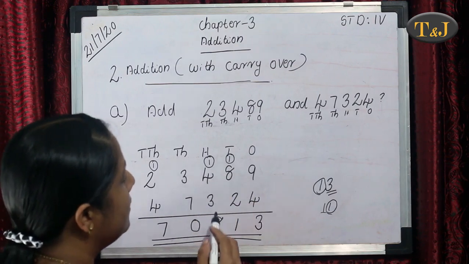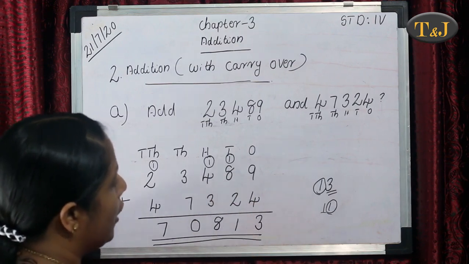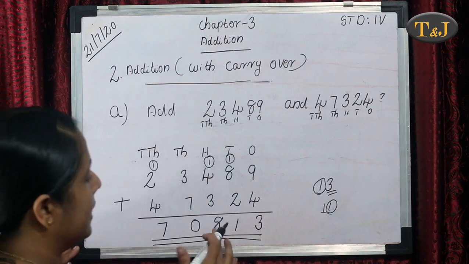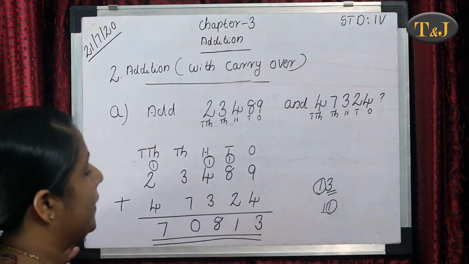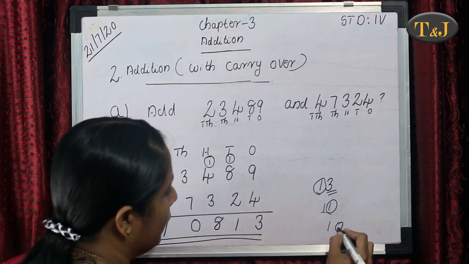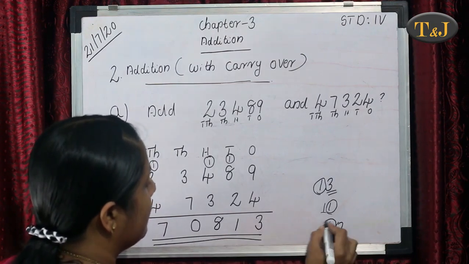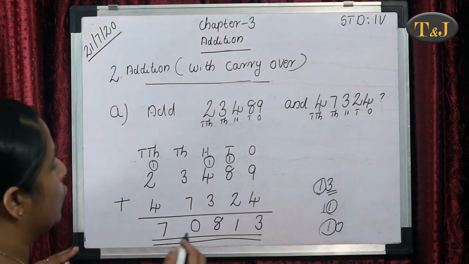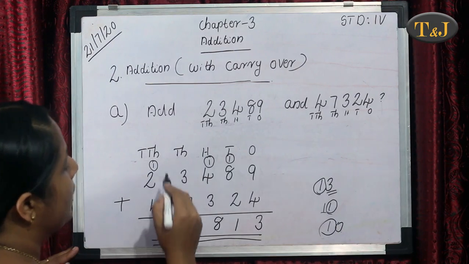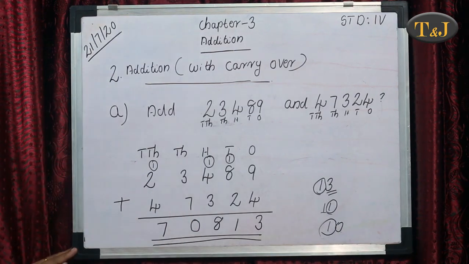So put the balance here. Then 4 plus 1 equals 5. 5 plus 3 equals 8. Then write 8. Next is 3 plus 7. 3 plus 7 equals 10. So we write 0 here, and this number is the balance. So we write 1 here. Then 2 plus 1 equals 3, and 3 plus 4 equals 7. Now we get the answer as